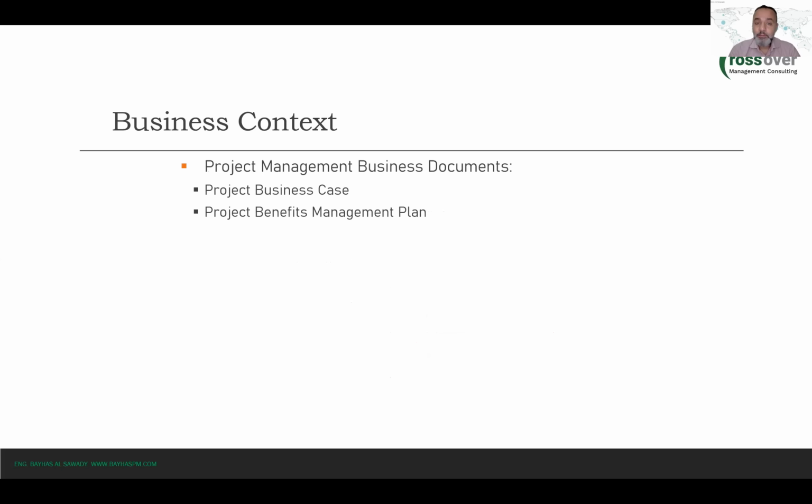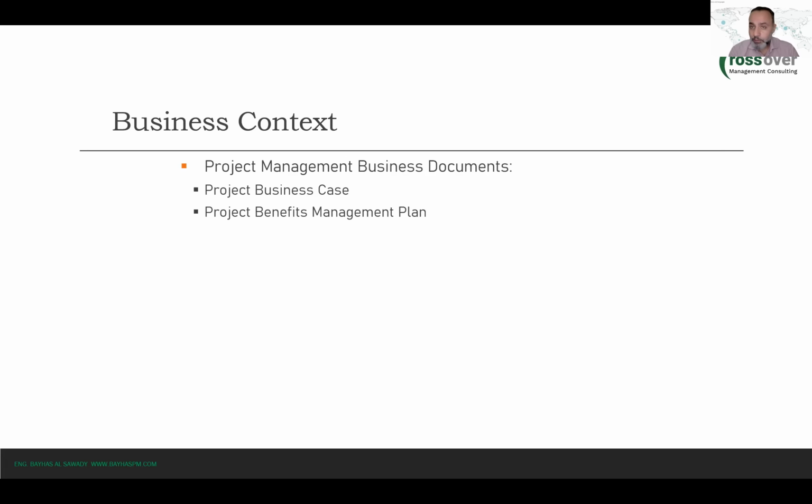Now let's move on to another point that we also mentioned earlier, which is the business documents. Remember the business documents that we mentioned when we explained the project life cycle, specifically when we explained the pre-project work, right? The phase that we do before even the project launches, where we develop a business case or a feasibility study in order to make sure that we are launching the right project, right? So we mentioned at that point that